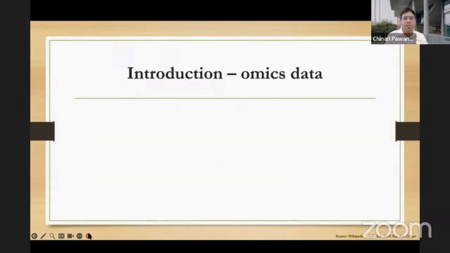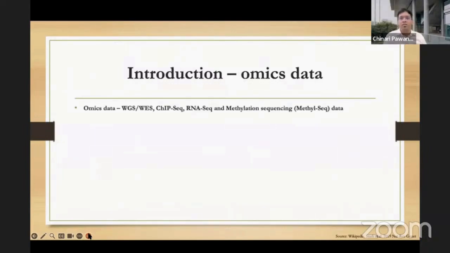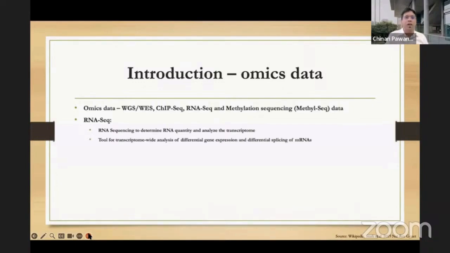So when we say omics data, what data are we talking about? We are talking about whole genome sequencing, exome sequencing, ChIP sequencing, RNA sequencing, and methylation sequencing as well. But for this particular talk, I'll be focusing on RNA sequencing and a bit of ChIP sequencing. RNA sequencing is basically used to determine RNA quantity and therefore analyze the transcriptome. And it's a tool for transcriptome-wide analysis as well to identify differential gene expression as well as differential splicing of